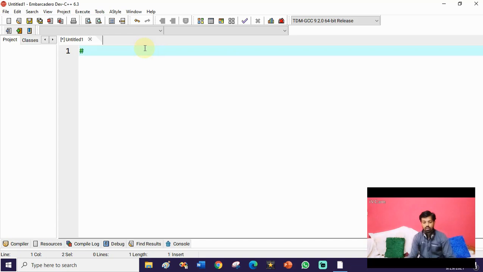Now you have to start with the hash sign and write include. I will explain what hash include is. Whenever you want to create any file, you have to type hash include followed by stdio.h. This is a header file. What is a header file? A header file includes the definitions of all the functions we are going to use in our program,